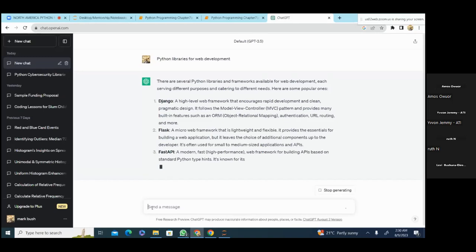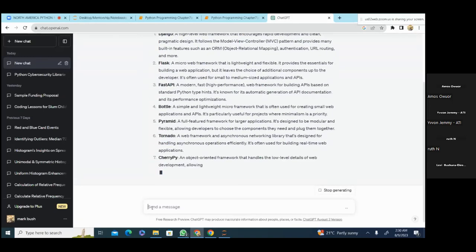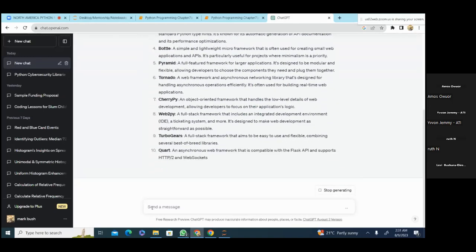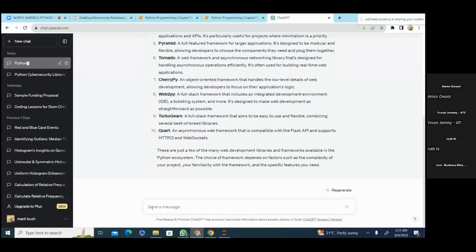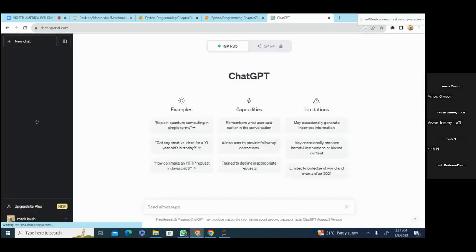It will give you Django, Flask, FastAPI, Pyramid, Tornado, CherryPy, WebPy, TurboGears, and Quote. When you want to ask it for data science and AI,